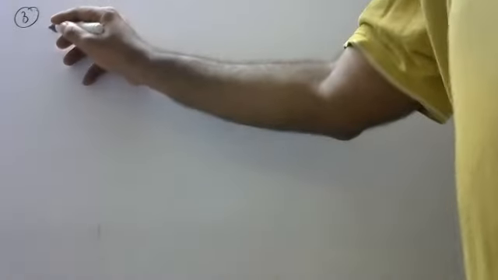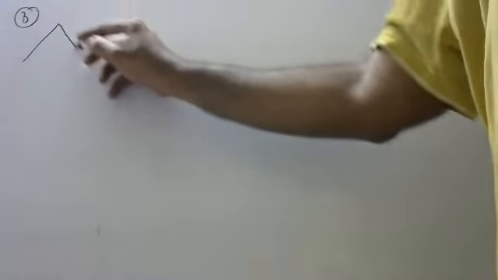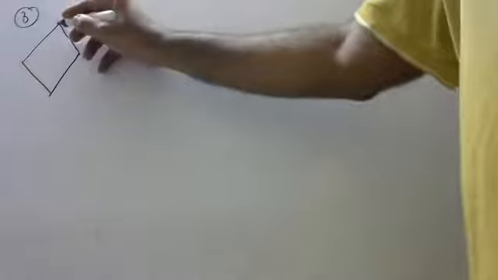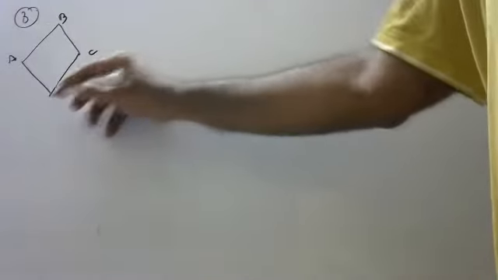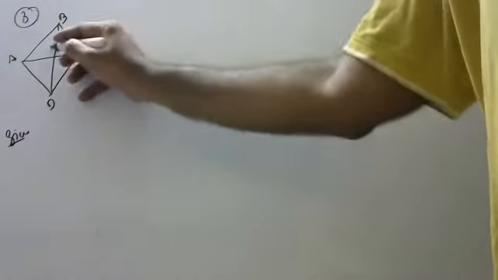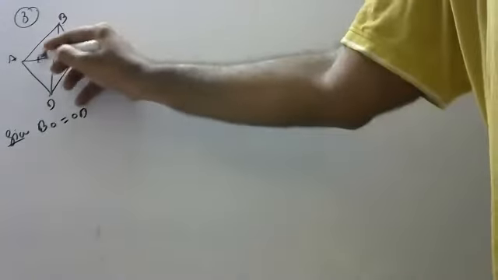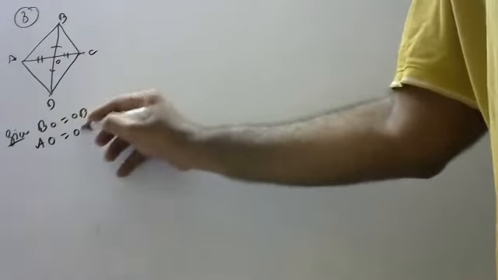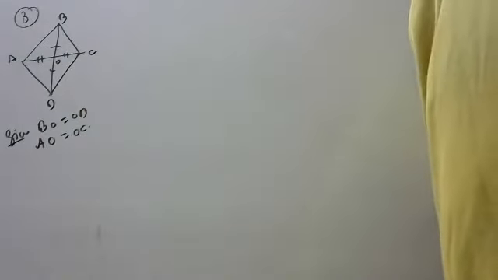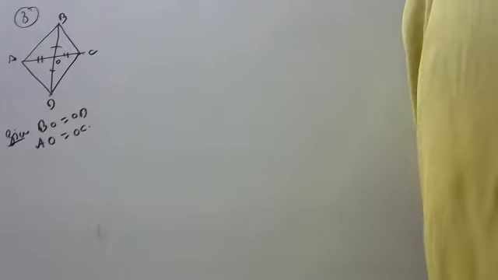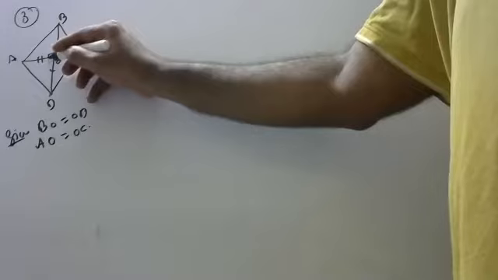So, show that if the diagonals of a quadrilateral bisect each other at right angles, then it is a rhombus. Children, what did you see? See, children. If the diagonals of a quadrilateral bisect each other, he is saying ABCD. He said diagonals are bisecting each other. Given this and this are bisecting, means BO is equal to OD, and this and this are bisecting, AO is equal to OC. He said diagonals of the quadrilateral bisect each other at right angles. They are cutting at right angles, children.